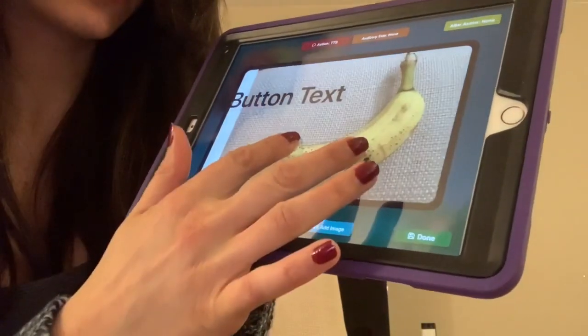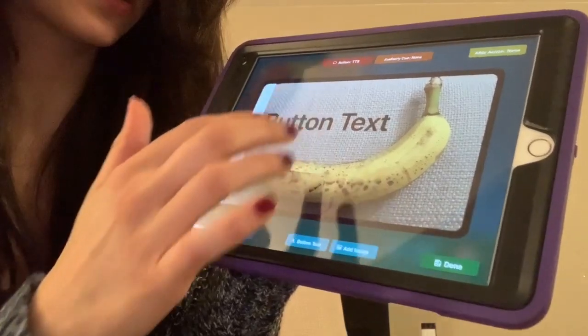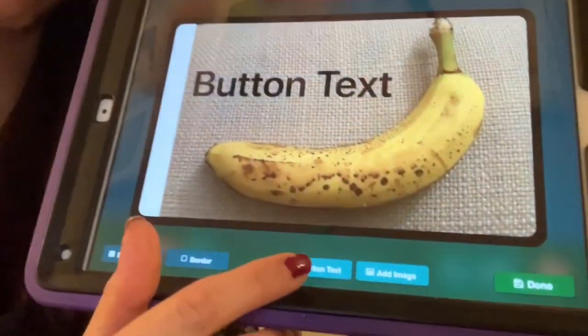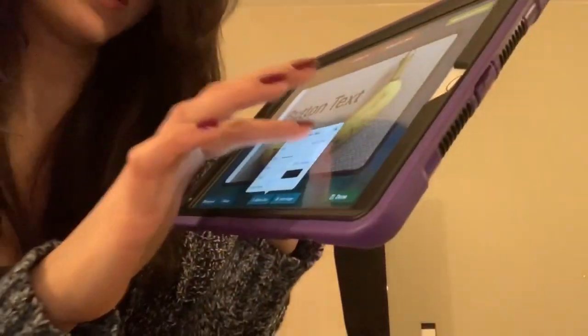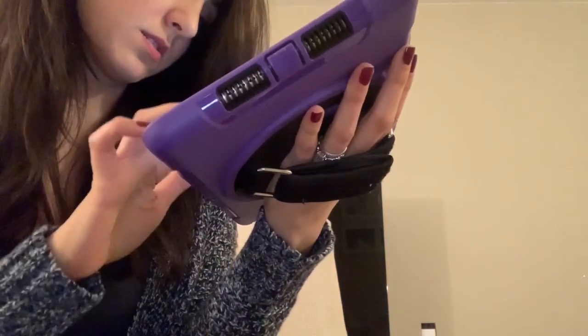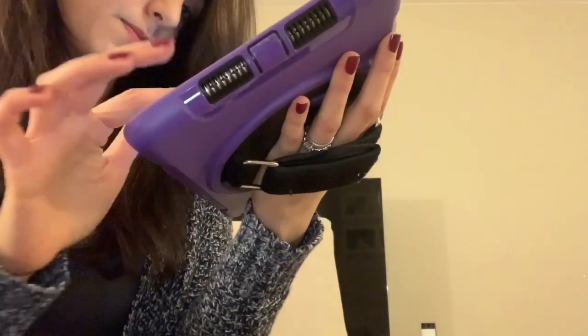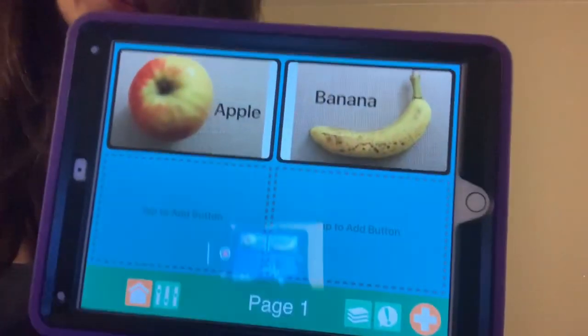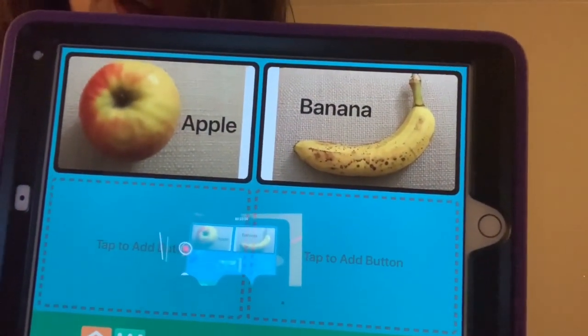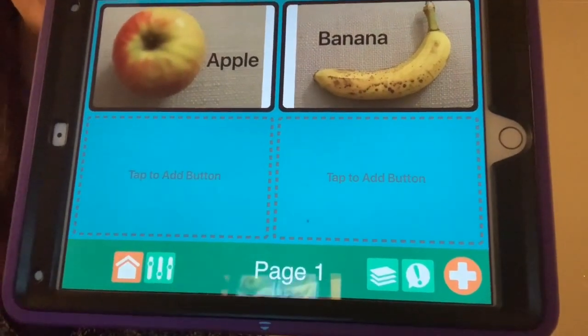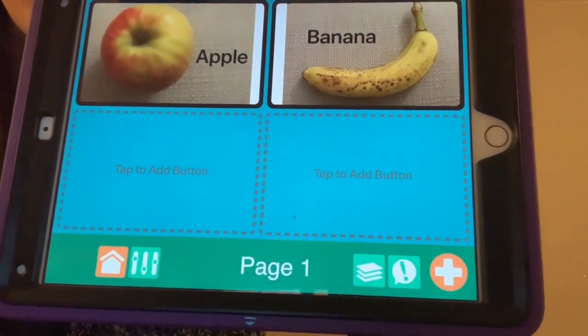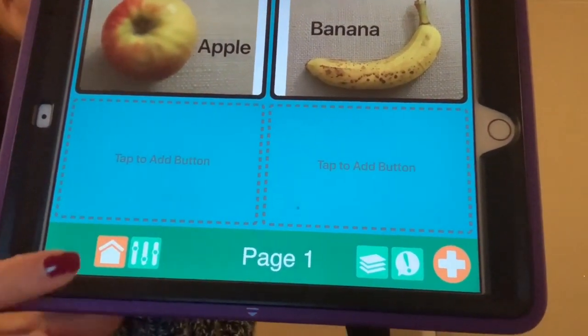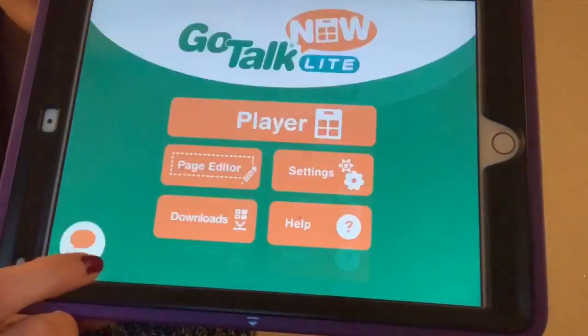And again, I'm going to go to button text over here. And I'm going to type in banana. Okay, so now apple and banana. Okay, so let's say that we're done adding for now. We want to go back to our home page, so we're going to click this little house on the bottom,